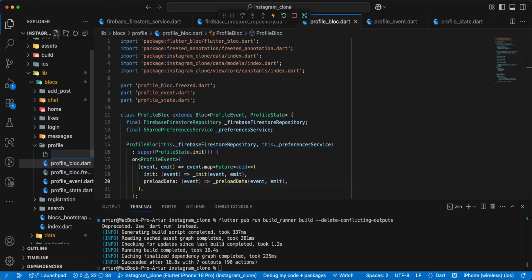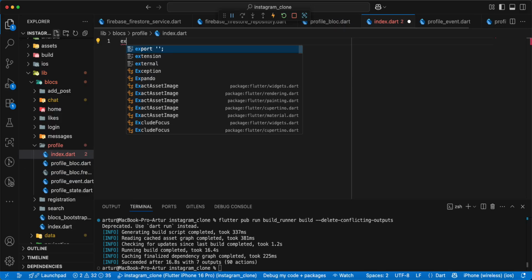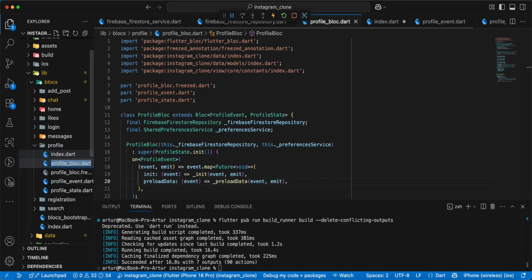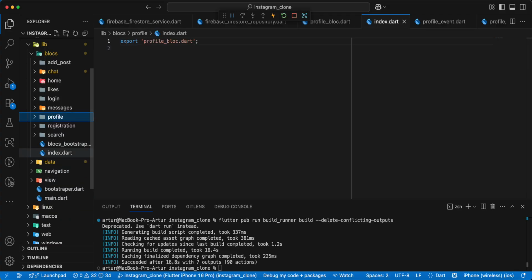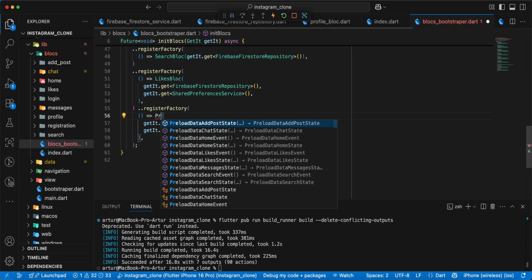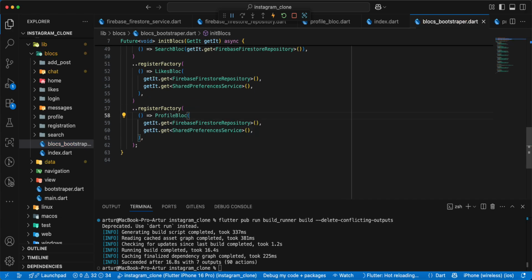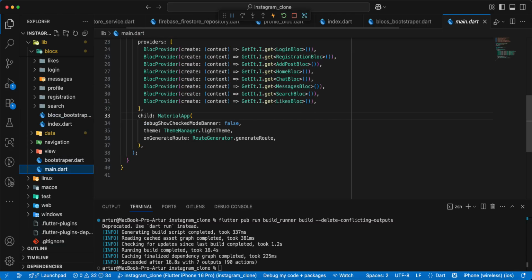and we add file index.dart, write export, add profile bloc, then we open blocs bootstrapper, write profile bloc, save, then we open main.dart,